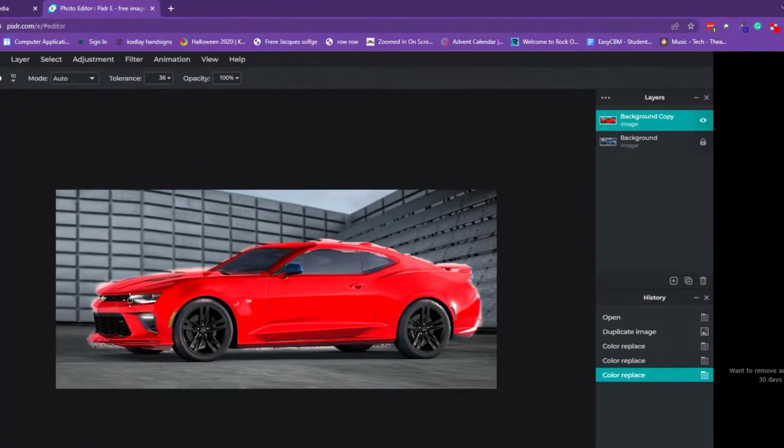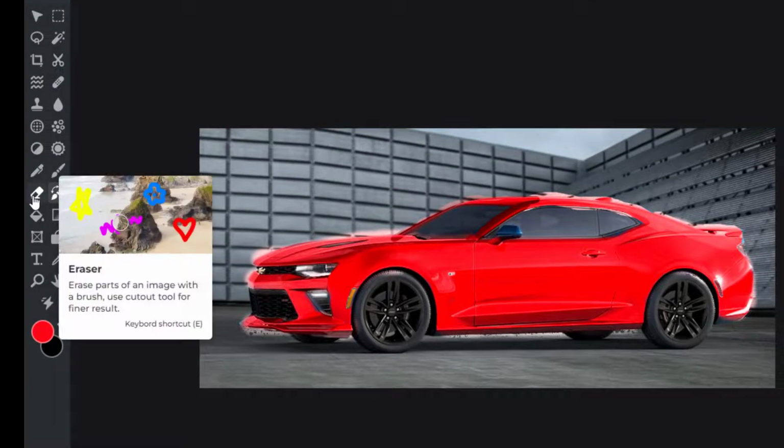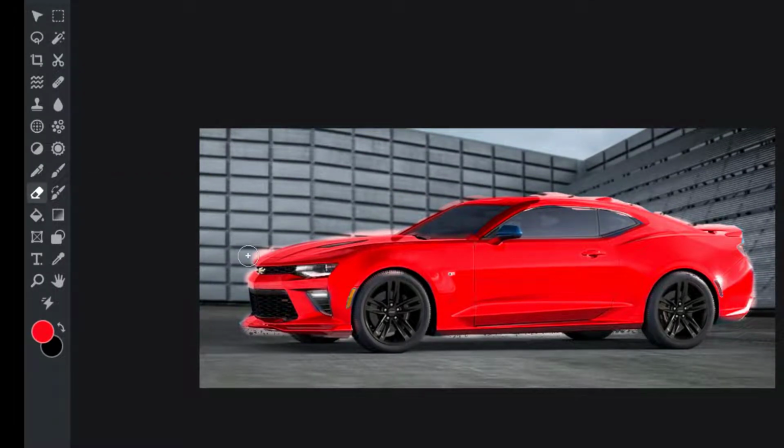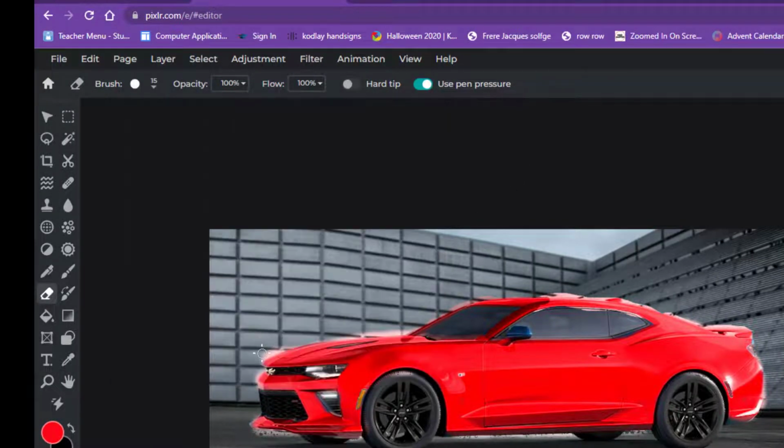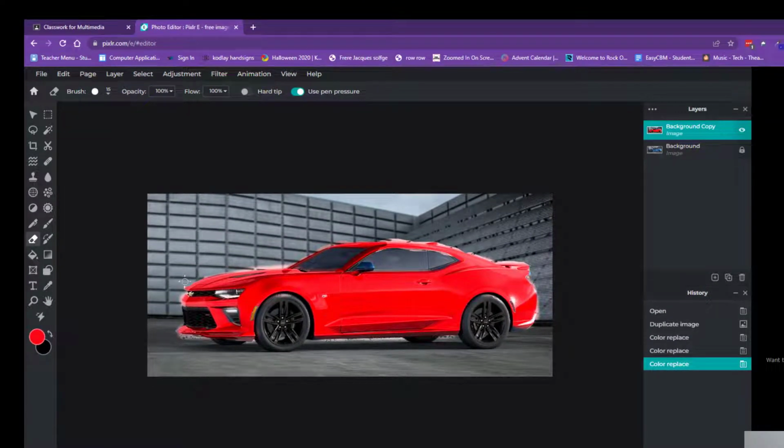Okay, so as you can see, I do have some mistakes, and I'm just going to go back with my eraser tool, and I might change the brush size of this also, and I'm just going to erase it. I can erase the mistakes because I have a background behind it. I have the two layers, and so I can go through and clean up some of the mistakes that I've made. So it's a pretty cool tool because it's pretty smart because it tries to follow. The windows always get